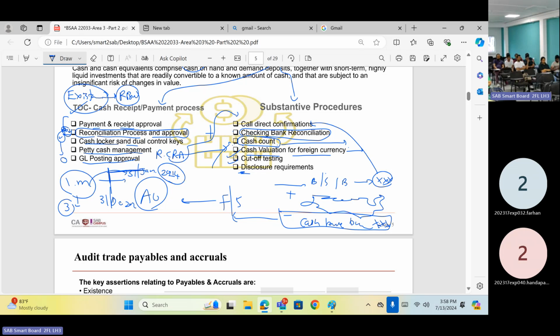Once you are doing a cash count, management can do the cash count. You can observe, right? The way you do the cash count may differ with the nature of the company. A manufacturing company will do it differently from a bank, an insurance company, or a jeweller or something like that. Totally different, the way we are counting cash.